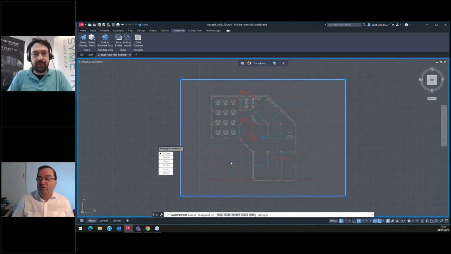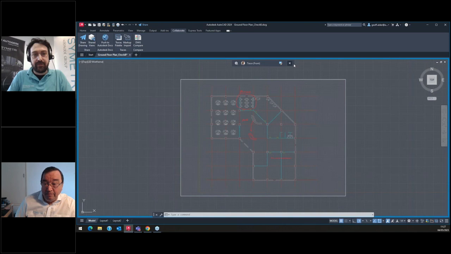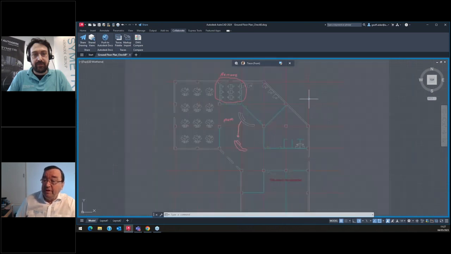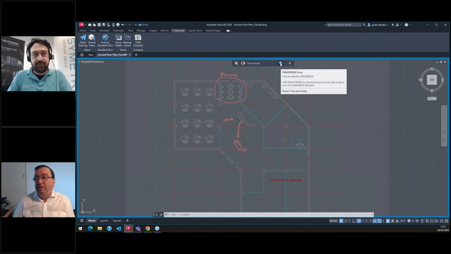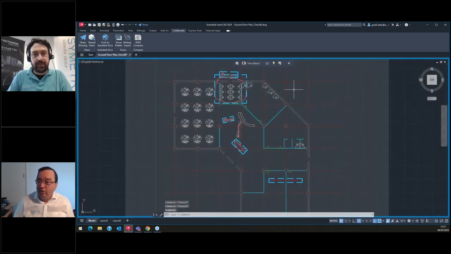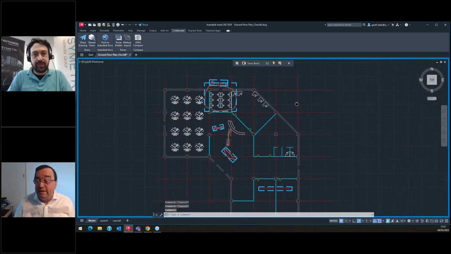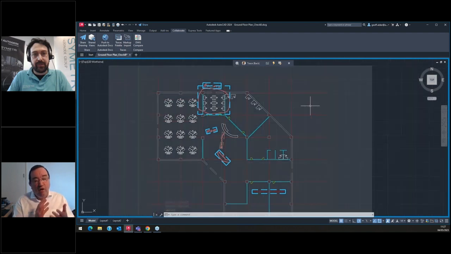This feature was available in 2023, but it meant that we needed to move and align a little bit more. This is relatively straightforward now. It's picked it up quite well. So if I click on accept here, I now have my trace here. If I activate my trace layering, trace front, you can see that on my traces I've got an overlay of my PDF, and it's overlaid on top of my